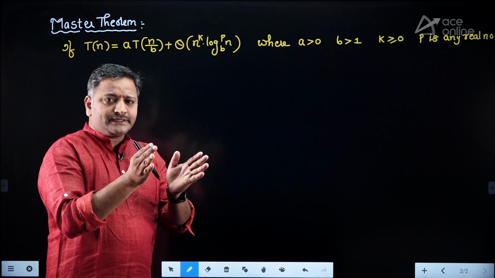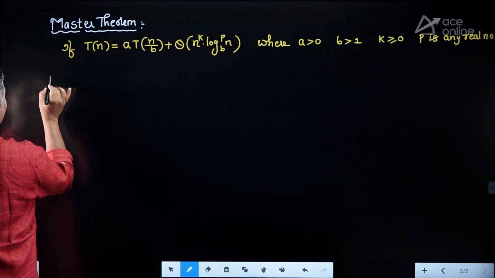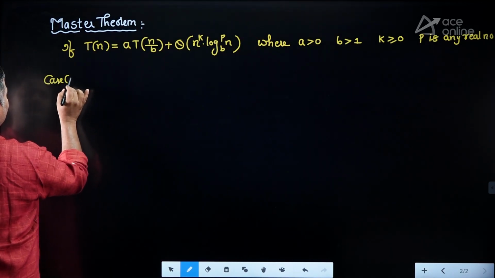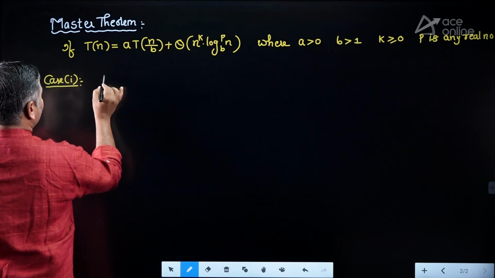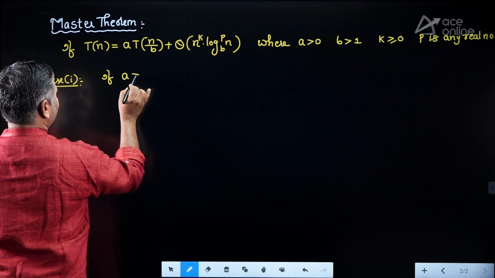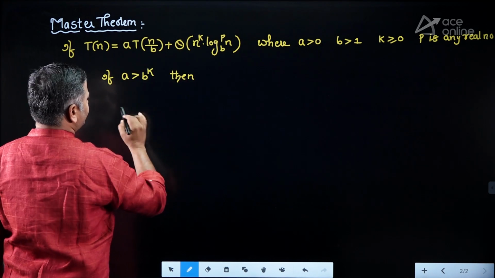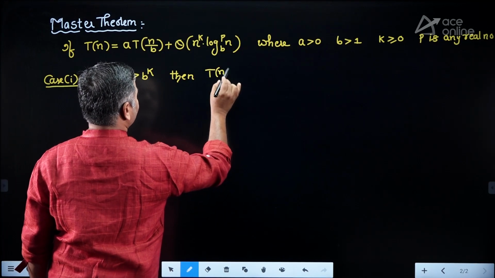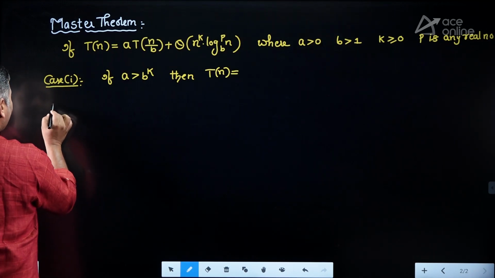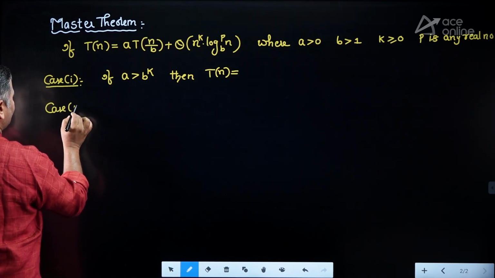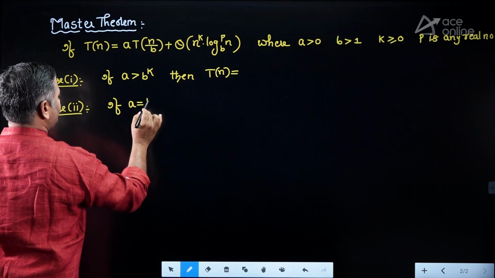Whenever the given recurrence equation falls under this category, there are three different cases in the master theorem. First case: if a is greater than b to the power of k, then T(n) equals, you also think about the solution, friends. Simultaneously you can do the revision. And the second case, case number 2: if a is equal to b to the power of k,